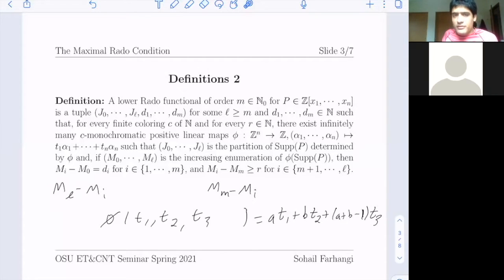Right, we know that, or not last time, maybe 2 weeks ago, we saw that structures of the form a plus b minus 1 are partition regular. So then you can use this to create a functional.